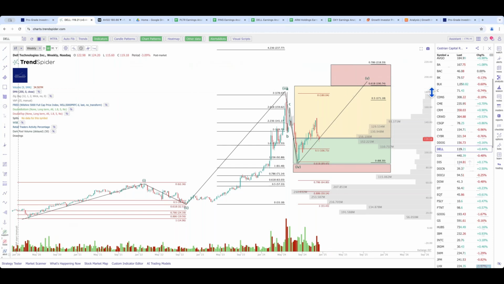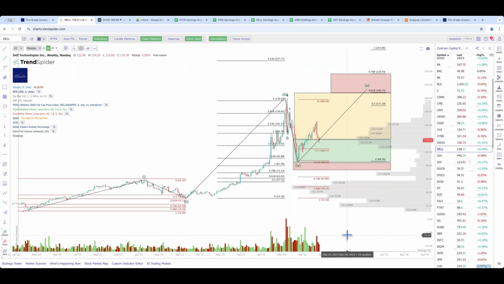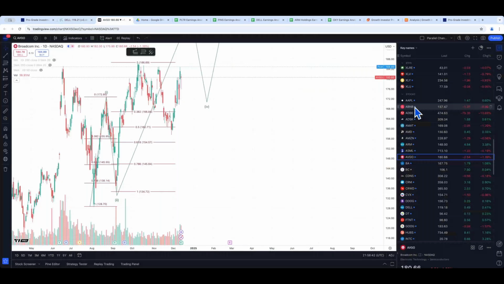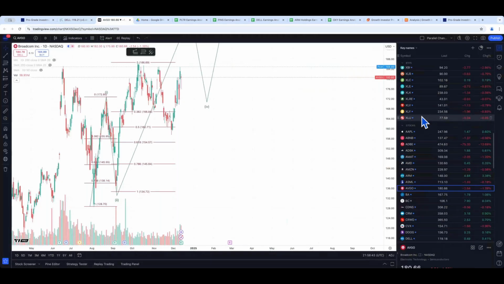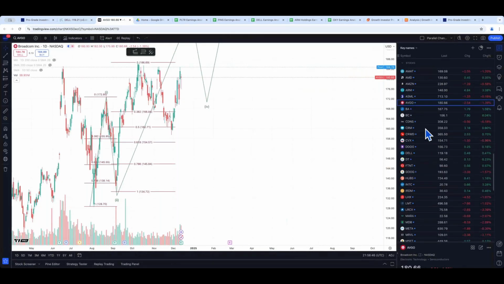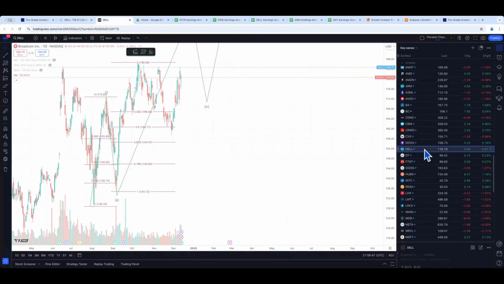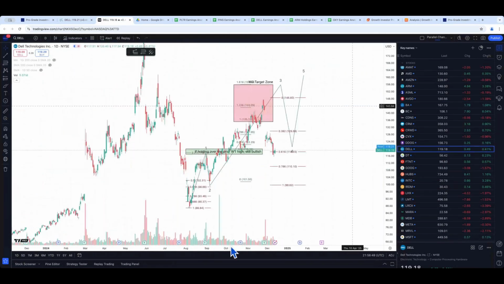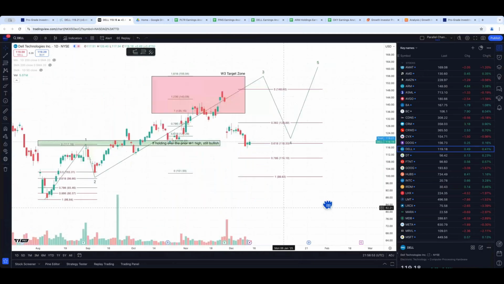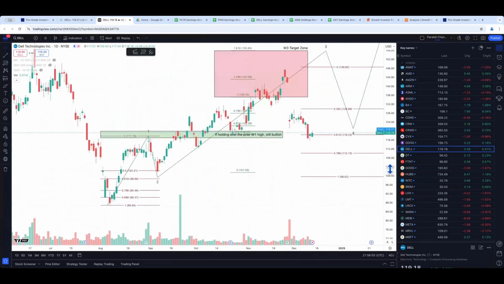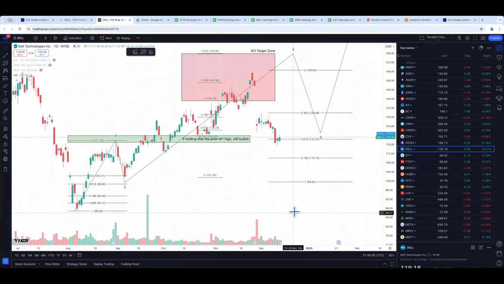Now, there was a pretty weak reaction to earnings, and if we zoom in, we can look at some of the key levels on the chart. We'll look at fundamentals in a minute. Fundamentals pretty good, I think. So here's DELL. This is a daily chart, and this runs from the August the 5th low. Now, in short, this is what I think about DELL's prospects.